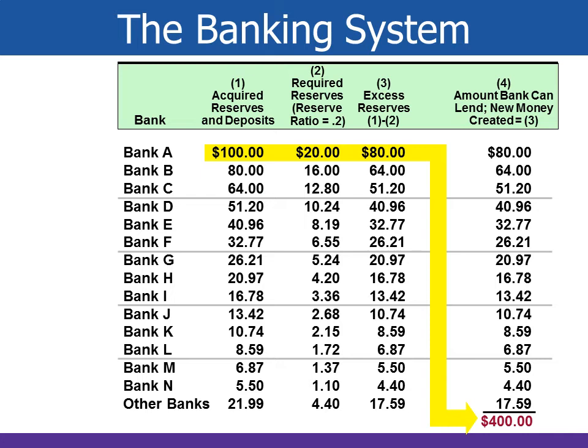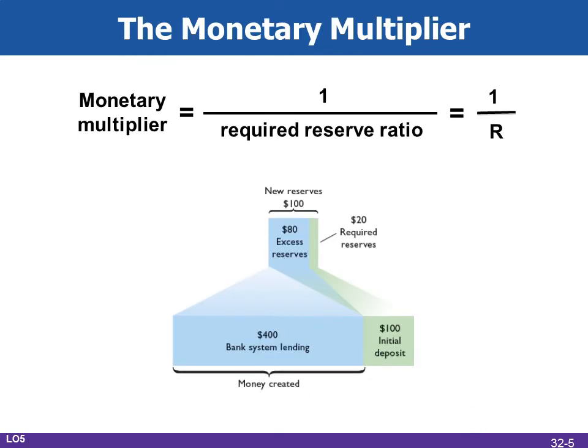Well, this would be an extremely cumbersome process, and I think most students of economics would dislike me highly if I actually made you go through this step by step for each bank. The question is, is there a more efficient way to determine how much the banking system in total can loan out and create new money when an initial deposit is made into a bank? Well, here's the tool that we use. We use what's called the money multiplier. Economists use this tool.